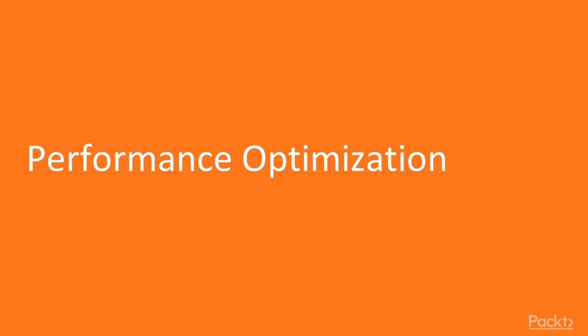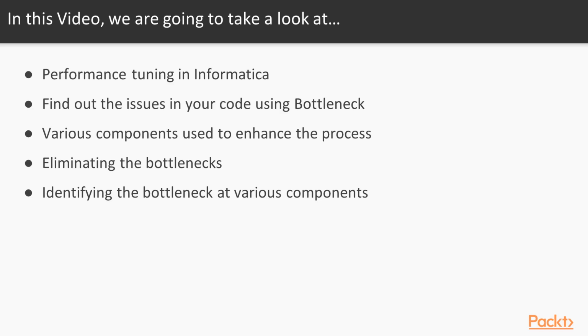Performance optimization. In this video, we'll discuss how to understand the performance tuning of Informatica, understand bottleneck. The regular process is to first find out the bottlenecks, then eliminate those to enhance the performance. When we talk about performance tuning, you need to find out the issues in your code, called bottleneck. We'll discuss various components which need to be tuned to enhance the process, eliminating bottlenecks, and identifying the bottlenecks at